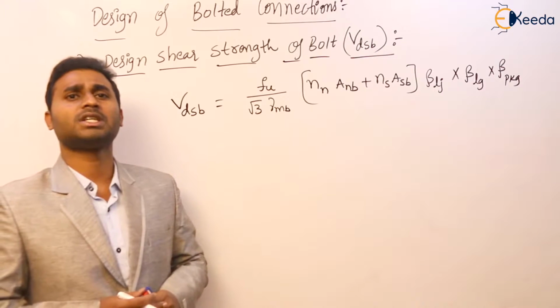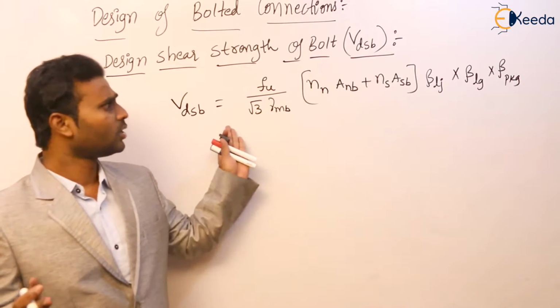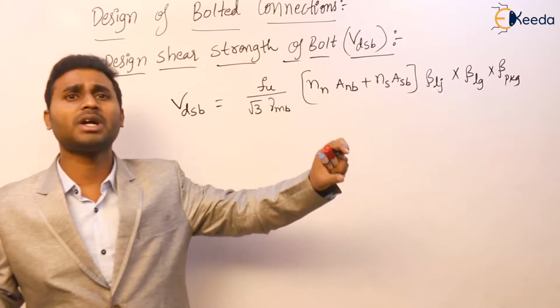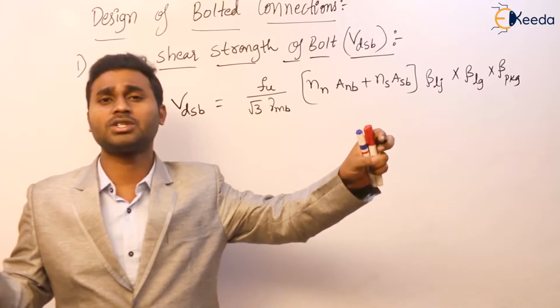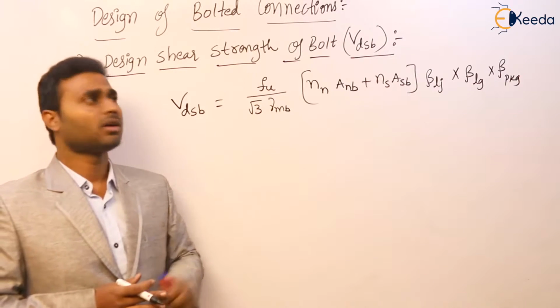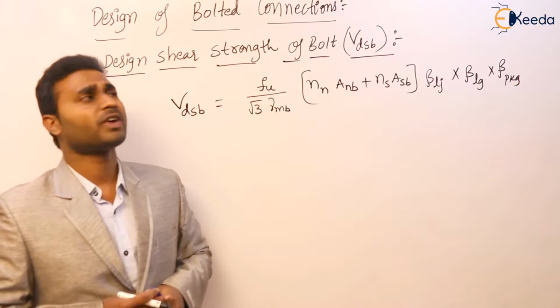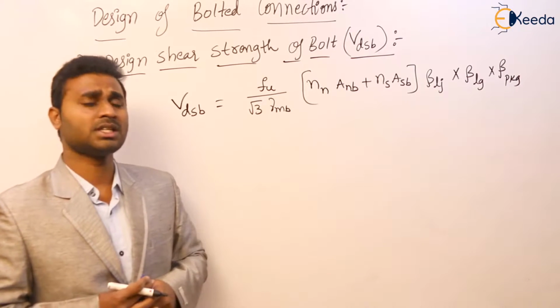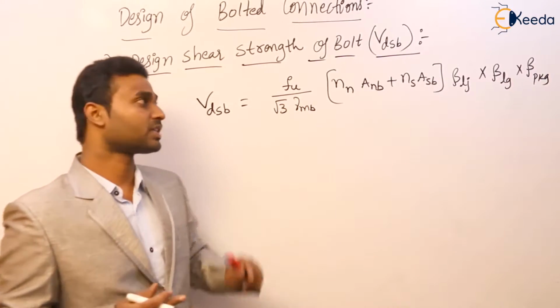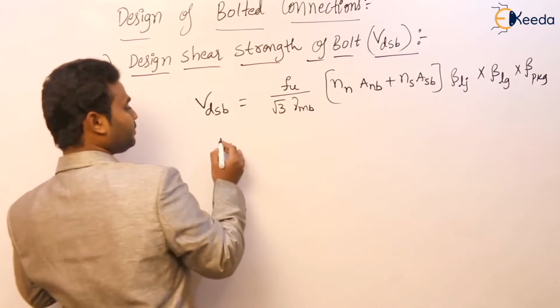So whatever we have discussed, strength is nothing but stress into area. But here, nowhere is this formula matching with that simple format. What is that format? Stress is equal to internal force divided by area, so strength is equal to stress into area. So it is nowhere matching. Then why is this the formula? So first let us see the terms in this, and later, as I said, I will explain this formula and I am going to simplify this formula. So first let us see the terms in this.